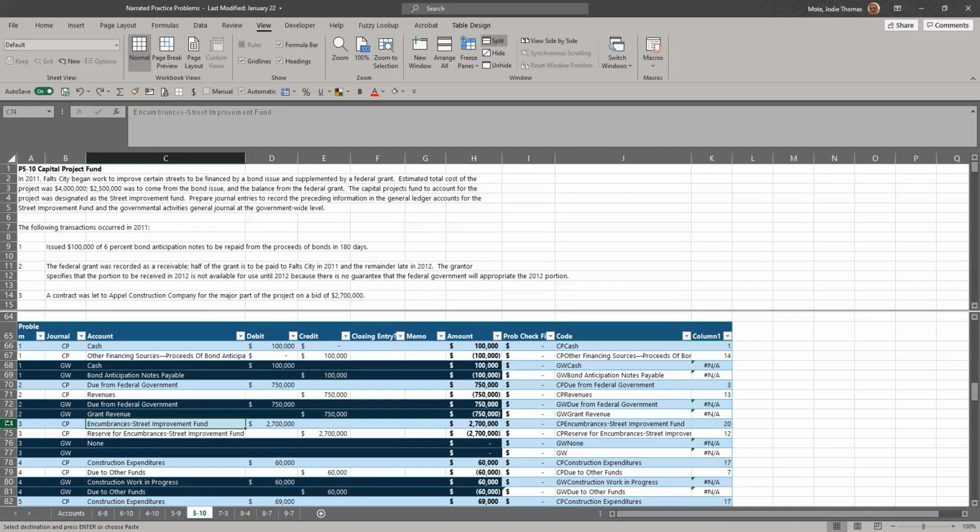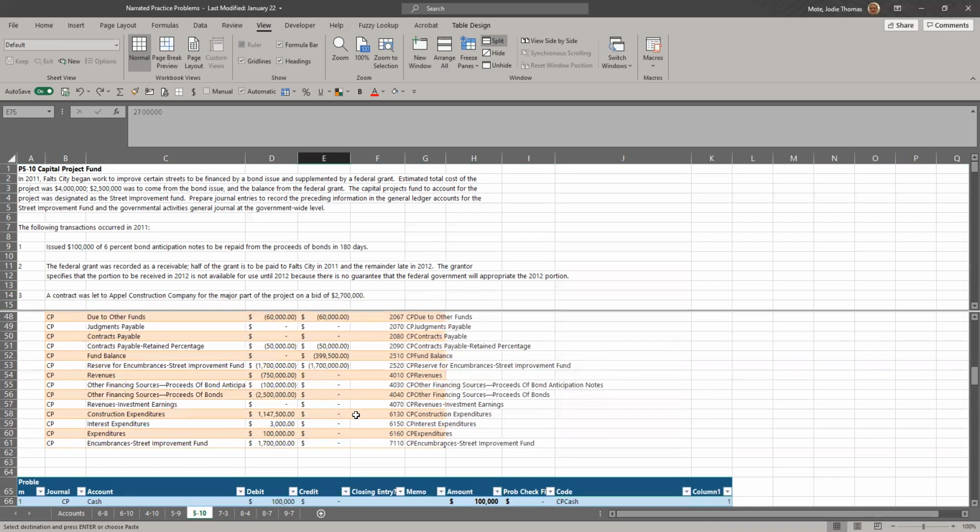So this is how we're doing that, to record the 2.7 million as an encumbrance and the reserve for encumbrances in the street improvement fund, which is a fund balance account. So you see the fund balance nature of it. This is the ending balance after, but it sets aside part of this fund balance